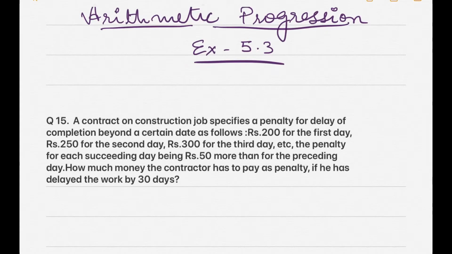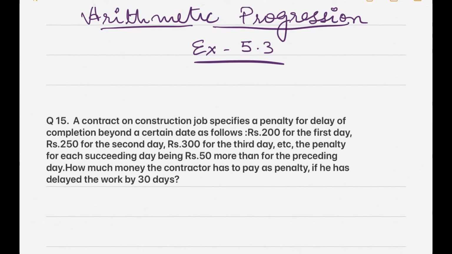Okay guys, so we have finished the 14 questions in our previous videos, and now we have to start question number 15 of exercise 5.3, and we are continuing with the chapter of arithmetic progression. Okay, so question number 15 says, a contract on a construction job